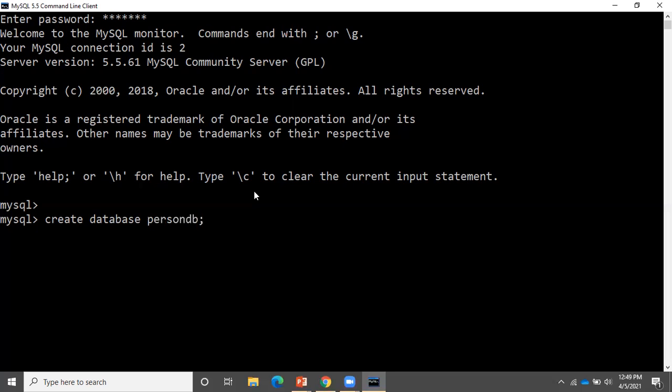All the details related to a person are inside this database. I have followed the syntax, create database and database name with the statement terminator. Now when I press enter, it will say query OK. Once the query is OK, that means the database is created. There is no issue in the database.